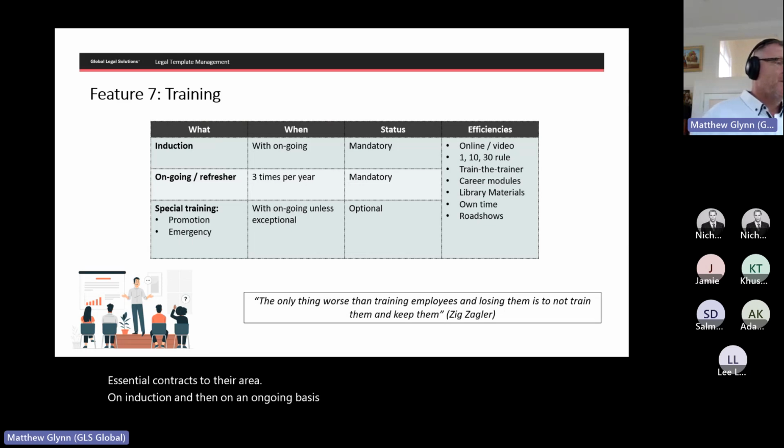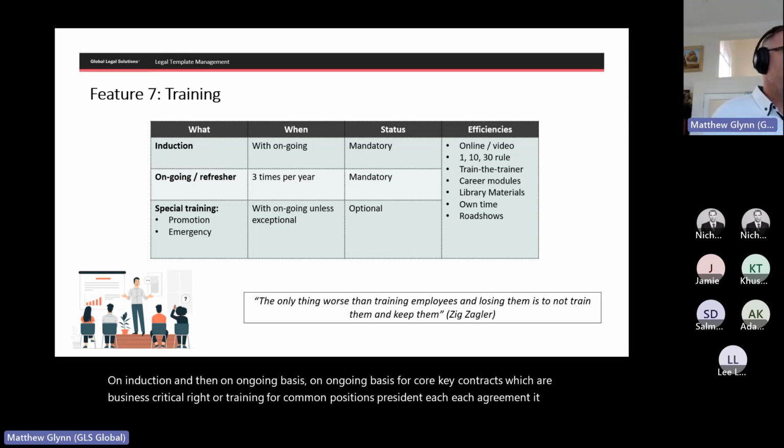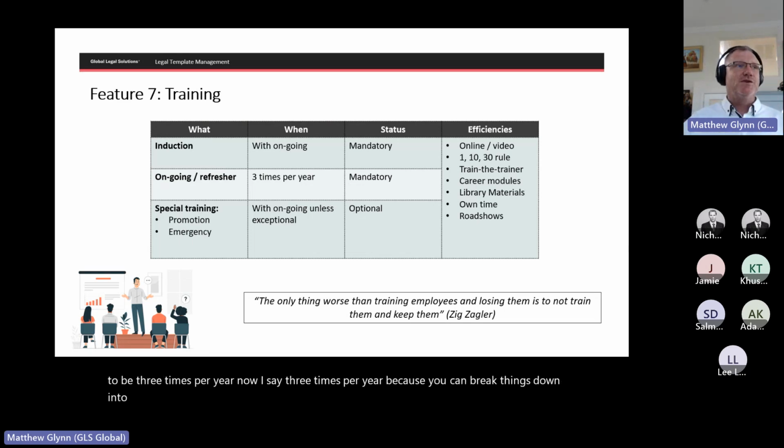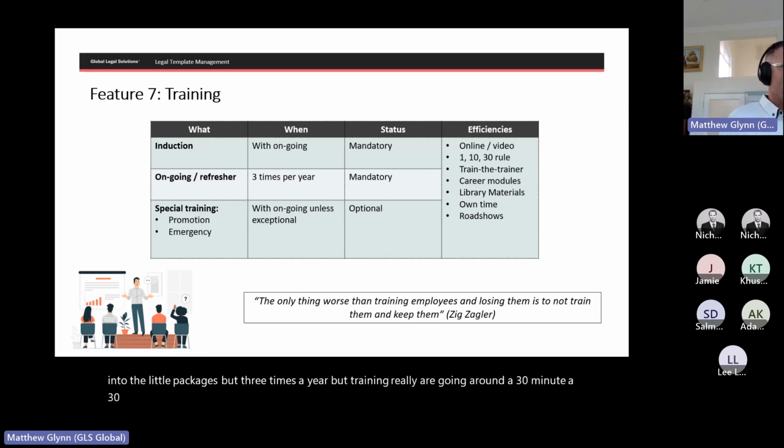On an ongoing basis, for core key contracts which are business critical, or training for common positions present in each agreement, it needs to be 3 times per year. Now I say 3 times per year because you can break things down into little packages, but training really around a 30-minute time slot.